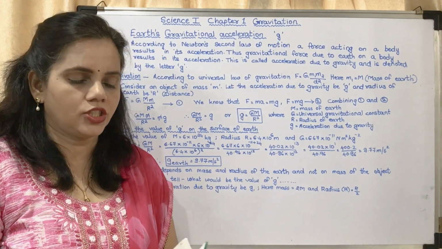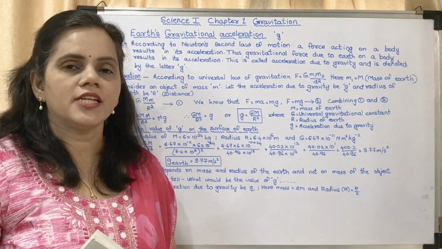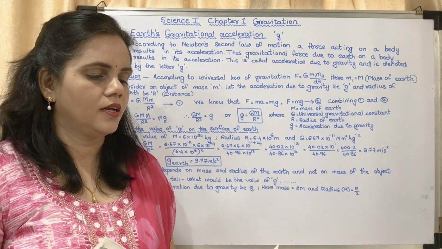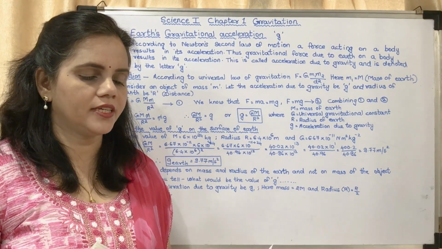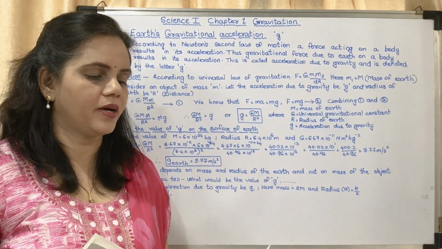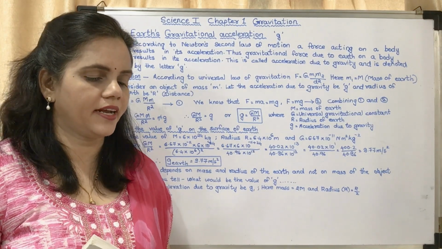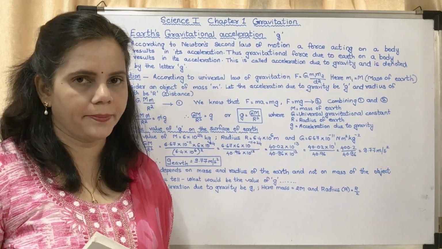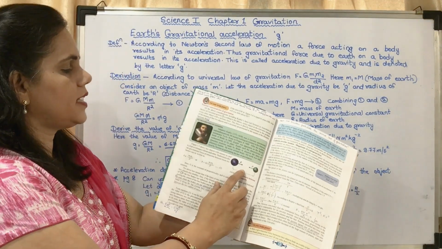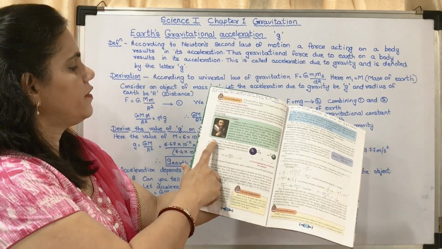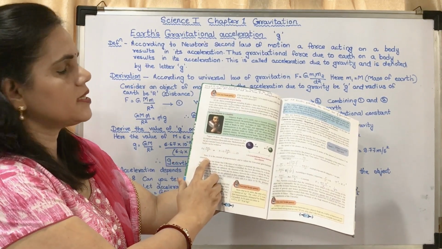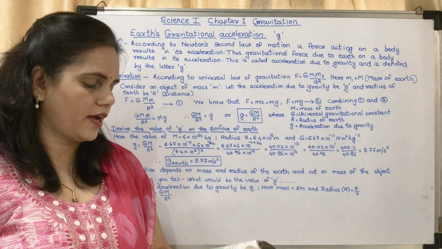Now the next question was Newton's universal law of gravitation. It is on page number 4. According to this theory, every object in the universe attracts every other object. You have to write the first paragraph, from "according to this theory" till the end of the paragraph, that is "square of the distance between them". And the derivation also you are having. For the derivation, you have to draw this diagram and write from figure 1.5 till G, the universal gravitational constant. Till there you have to write.